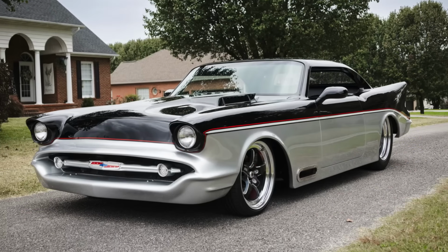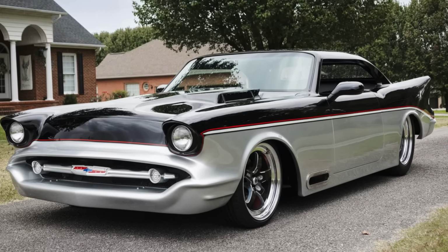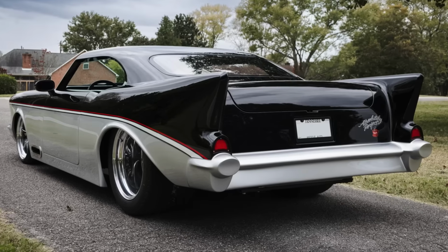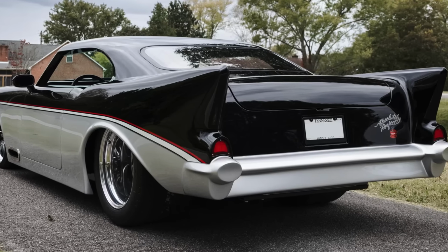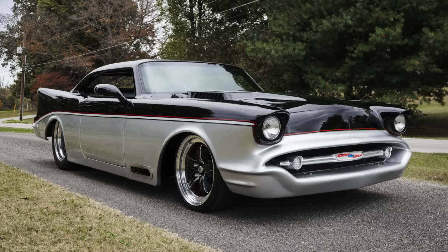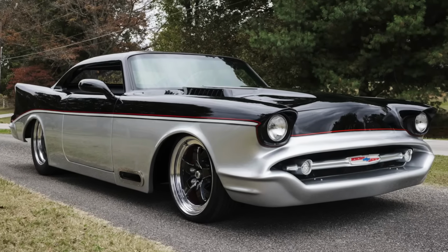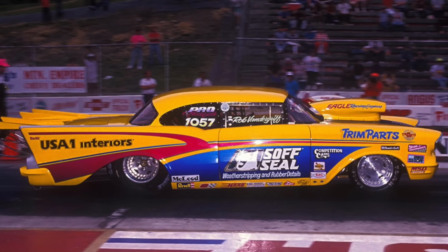Now here's a wild one. This is a completely custom fiberglass car that's based loosely off of a 57 Chevy. And this is actually a local car to me. Jim Bryant is the mastermind behind this thing, and he built lots of 57 Chevys, and he was actually the founder and owner of Thundercraft Boats and Bryant Boats, and he was known mostly for his famous soft seal 57